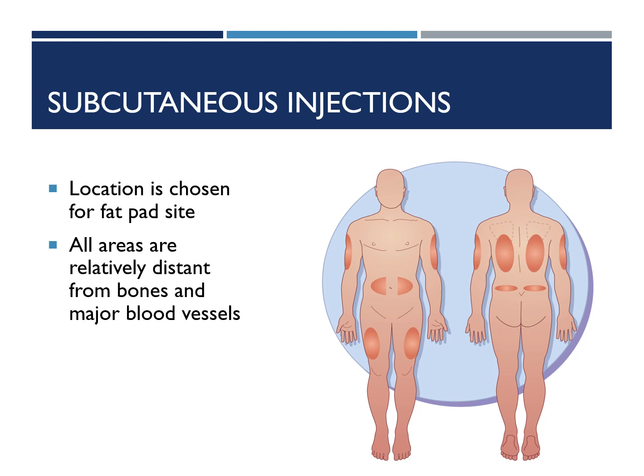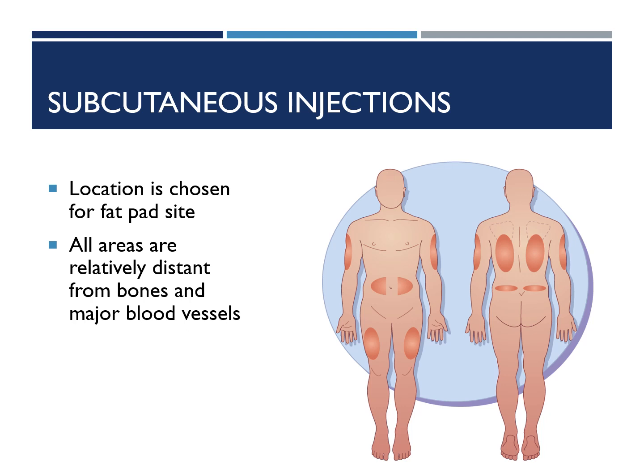So when we choose the location to give a subcutaneous injection, we're looking for locations based on the fat pad sites. So those areas of the body where we all have a little bit extra fat going on. We need the tip of this needle to end up in that fatty subcutaneous layer, so we go wherever we can find fat, and I personally say wherever we can pinch an inch of fat. Usually the lateral arms and the thighs and the abdomen have the most amount of fat. Sometimes it's the back of the upper hips. Those areas are really far away from bones and blood vessels.